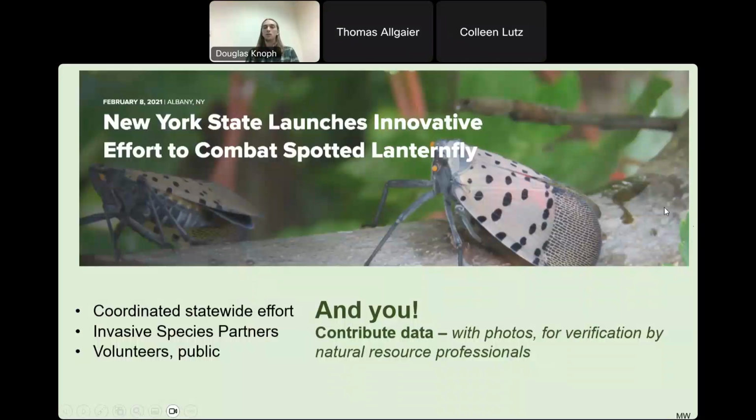If you are here, then you show an interest in invasive species, and you can be a part of the effort by contributing data on spotted lanternfly or tree of heaven in your area of the state.